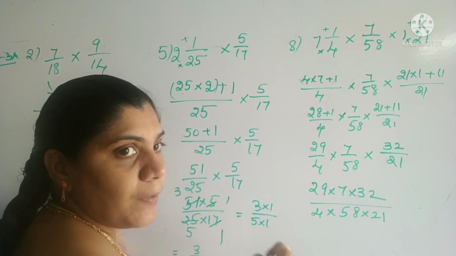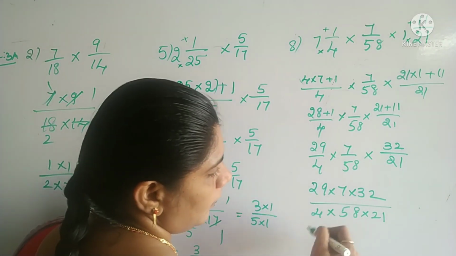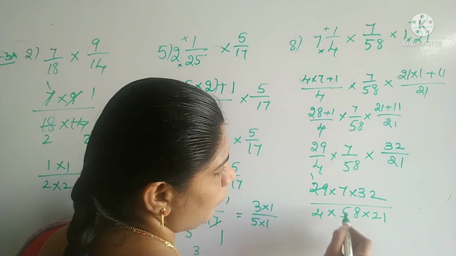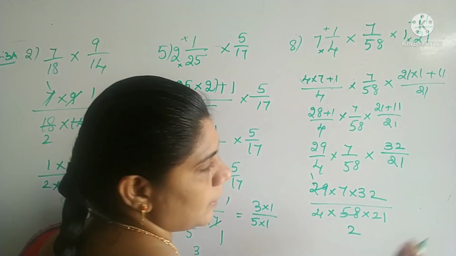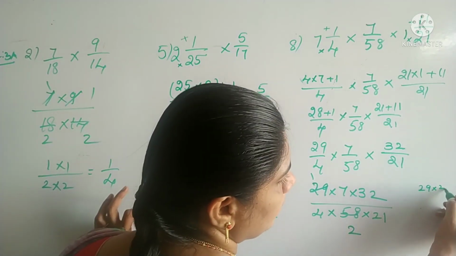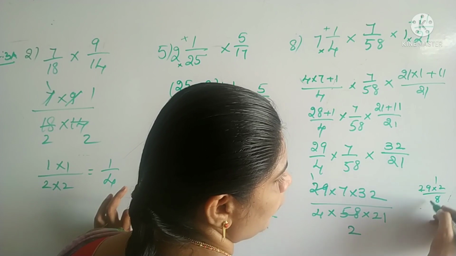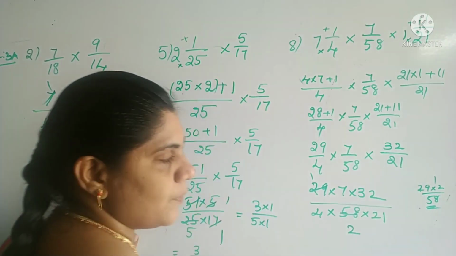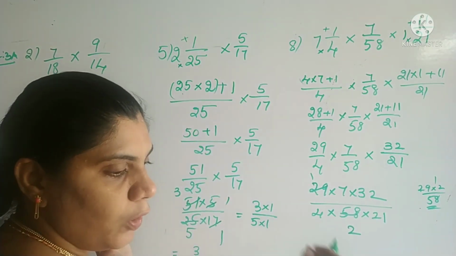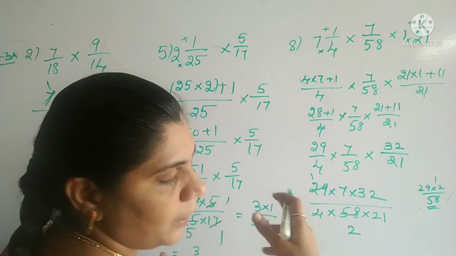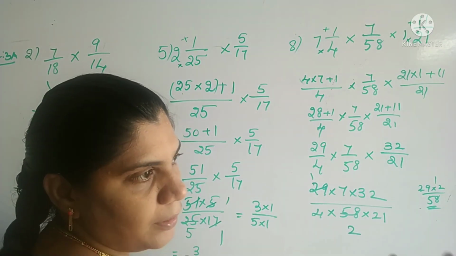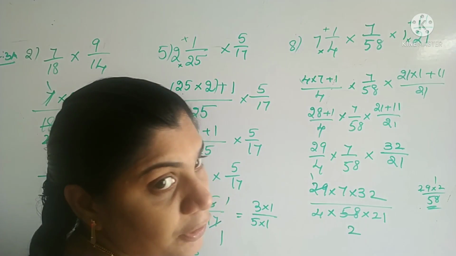Now do the cancellation. If anyone, you can cancel here, see. So 21 one time, 21 two times. See, 29 into 2, 18, 2 2s 4 plus 8, 58 you got, na? This one. Or you can go with the next any numbers also. But 29 you will not get in any table. So directly you have to do.